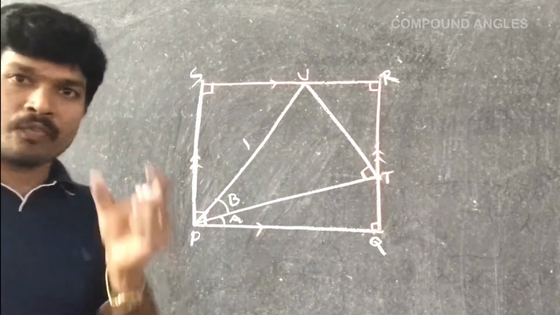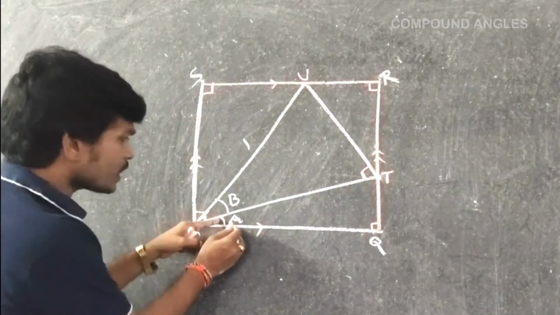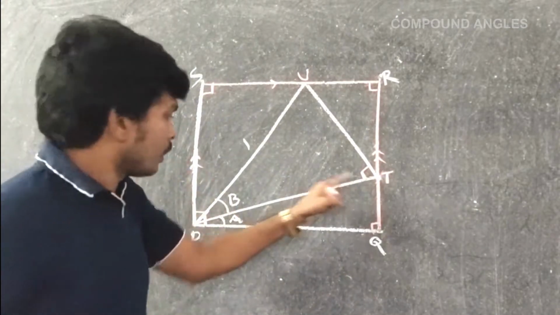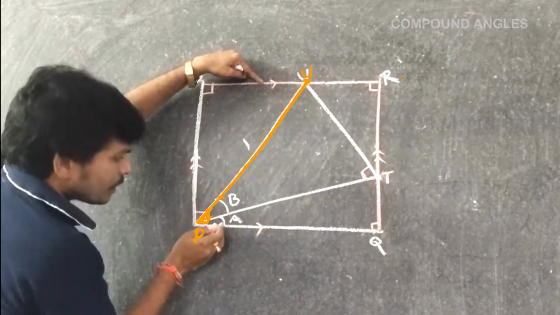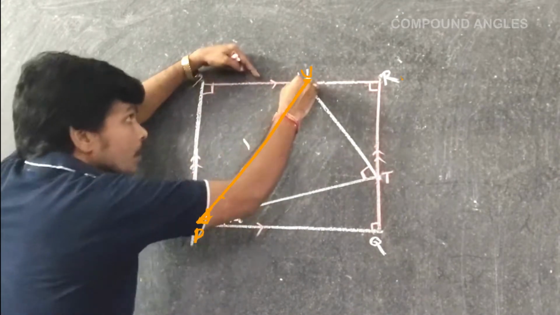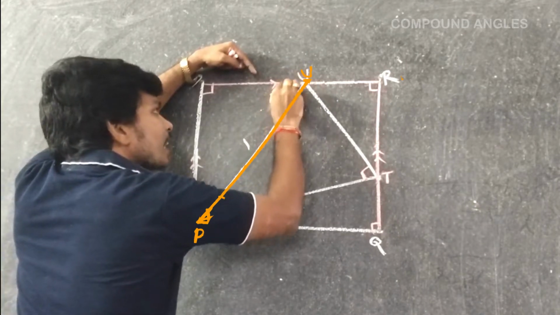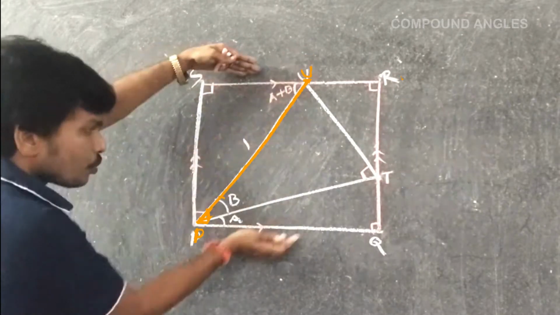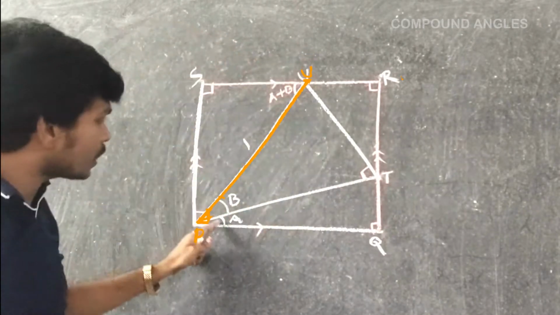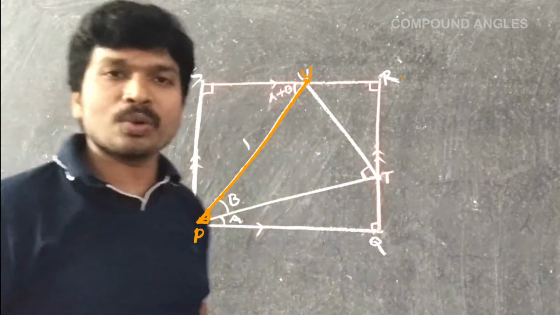Now you observe. First, we are concentrating on angles. Get ready. See, this is A, this is B. Now you observe, these two lines are parallel and this is the transversal. This whole angle is A plus B. So that's why this is also A plus B. What is the reason, can you say? Because alternate angles are equal. These two lines are parallel and it is a transversal. These two are called alternate interior angles. So that's why those two are equal.